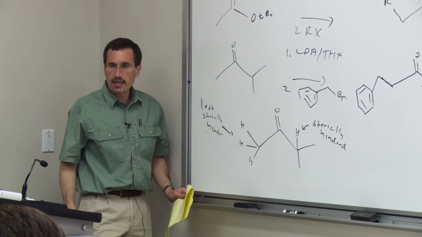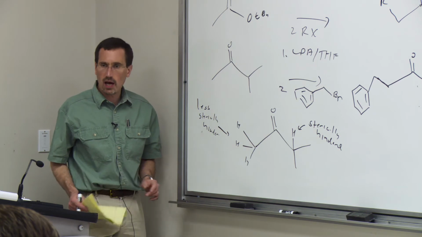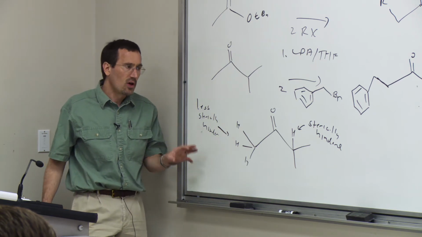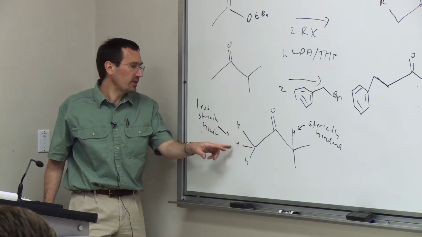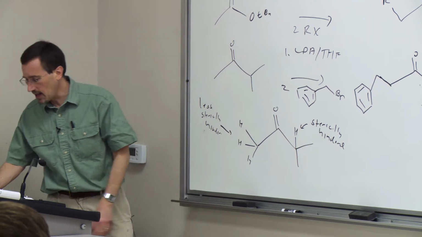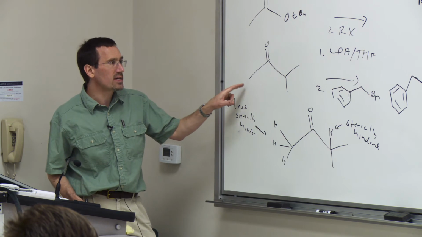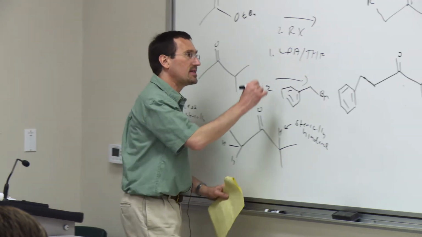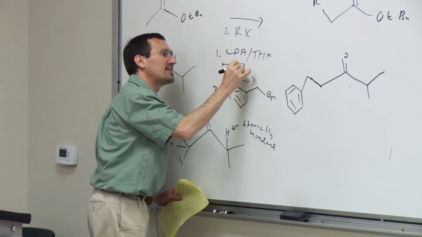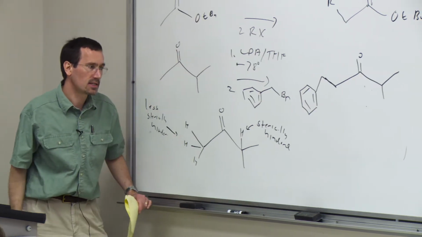As the base gets near to a proton, it's able to pluck it off. The base is able to get near to these methyl groups a lot more easily. And so when we have a choice, at -78 degrees Celsius being typical,